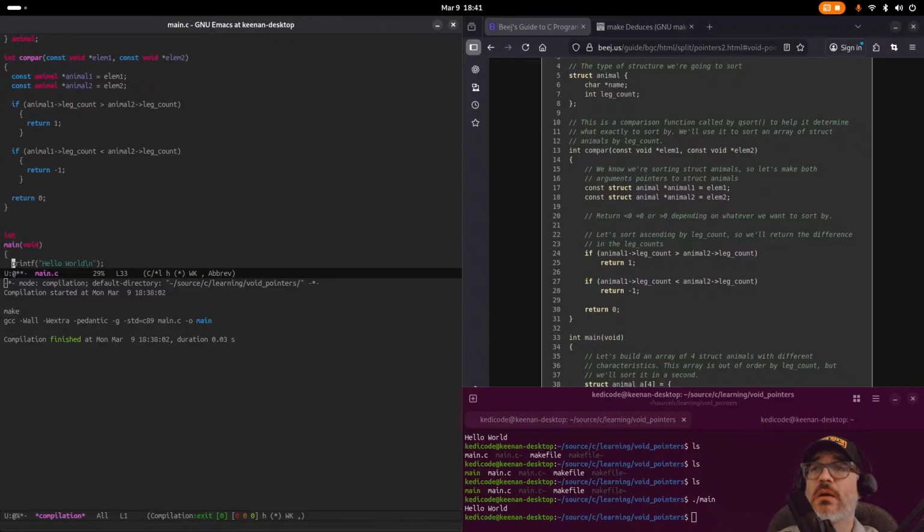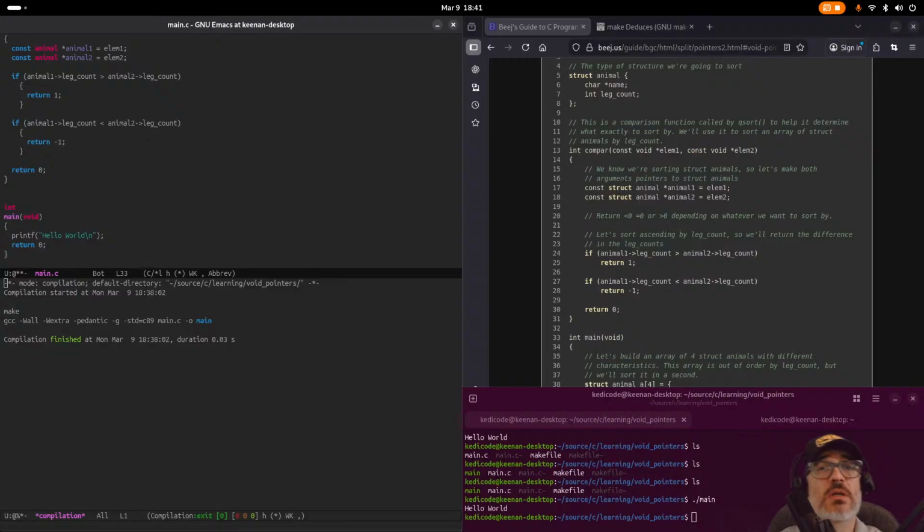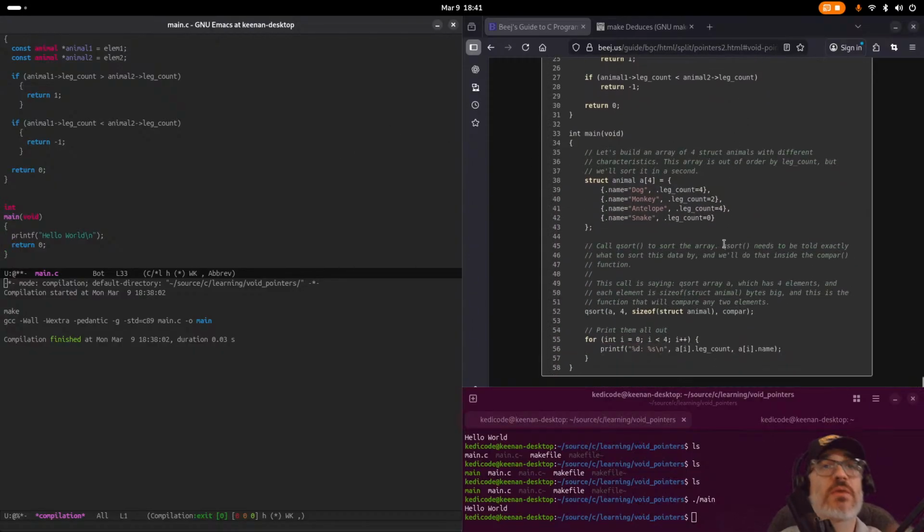Okay, and then our int main void function, build an array of 4 structs with different characteristics. This array is out of order by leg count, but we'll sort it in a second. Okay, so animal 4, animal A, 4 of those animals equals